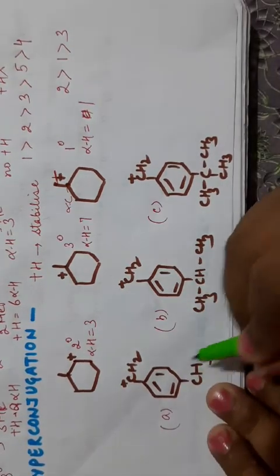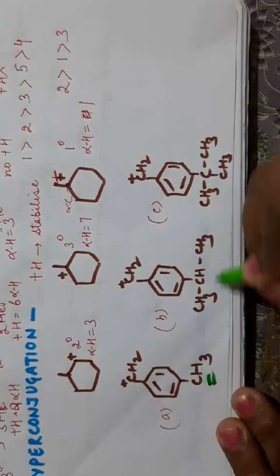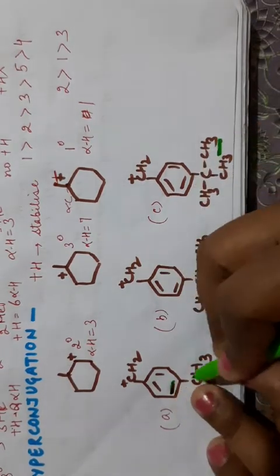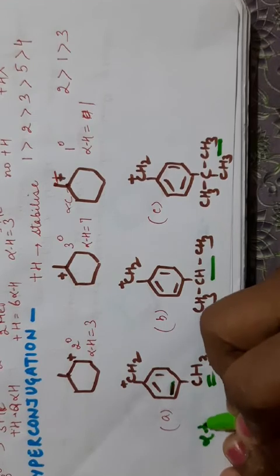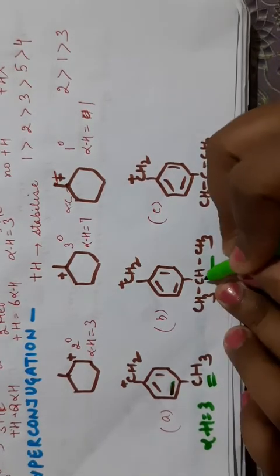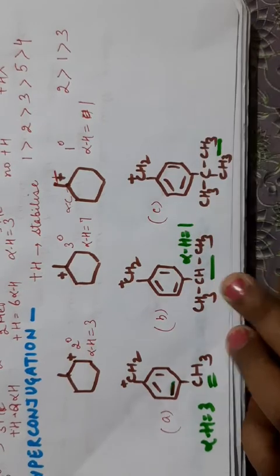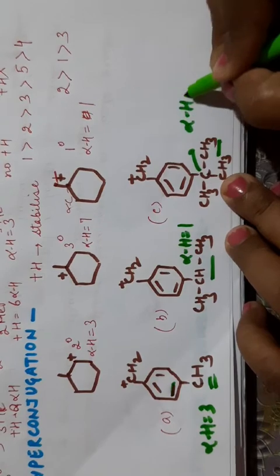Now coming to the second arrangement, see here, what is the difference? These groups are different. Now this is a double bond, this is an alkene. So this will be the alpha carbon. How many alpha hydrogen are present here? 3. On this there is 1 alpha hydrogen. Here there is no alpha hydrogen on this. So alpha hydrogen is 0.